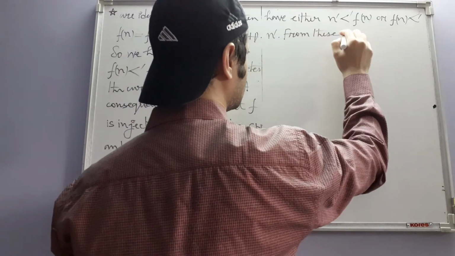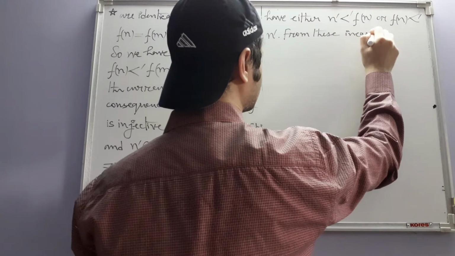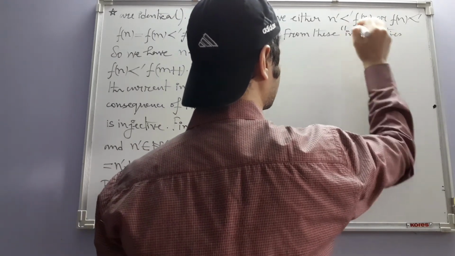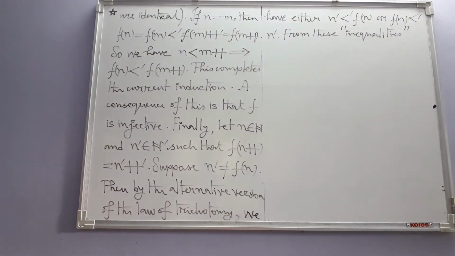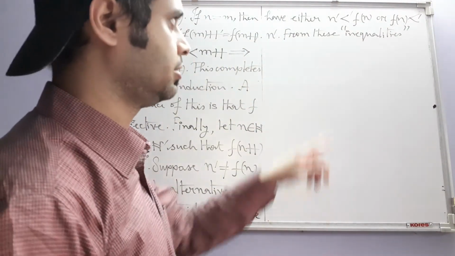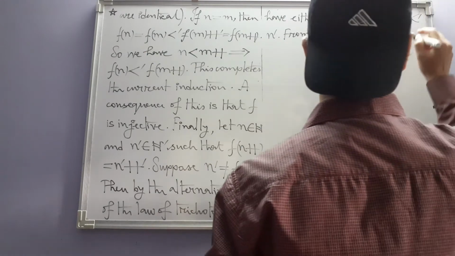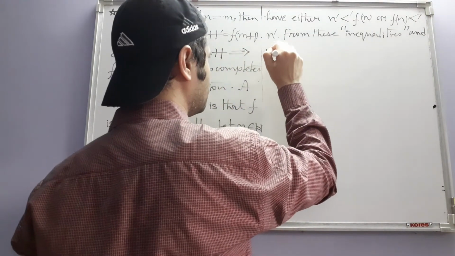From these inequalities, I keep inequalities within quotes because these are not ordinary inequalities. We have alternative inequalities, if you want you can call them. From these inequalities and what we have proved above,